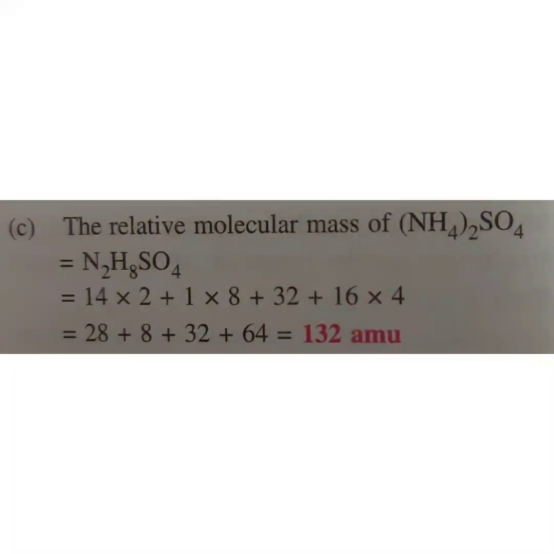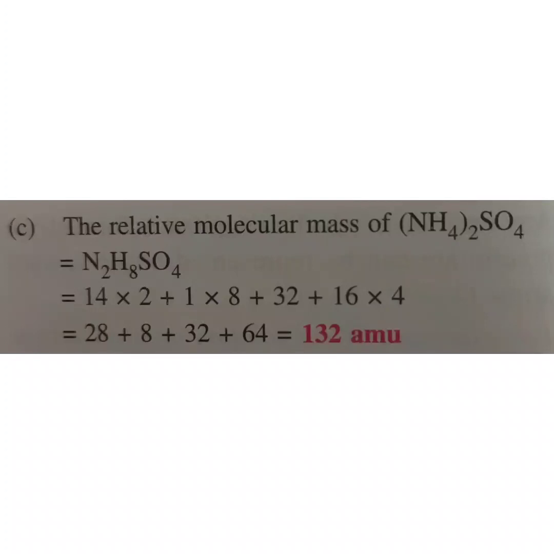Okay, now let us see how to calculate the relative molecular mass for ammonium sulfate. What is the formula for ammonium sulfate? It is (NH4)2SO4, that is NH4 in brackets twice, and SO4 for sulfate. If you calculate individually, we have 2 atoms of nitrogen, 8 atoms of hydrogen, because